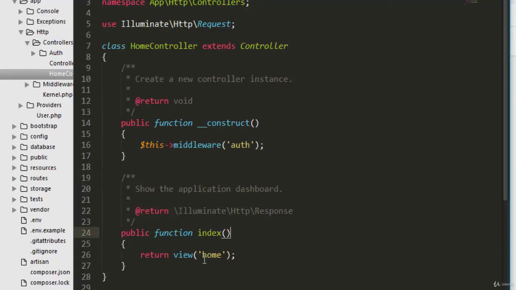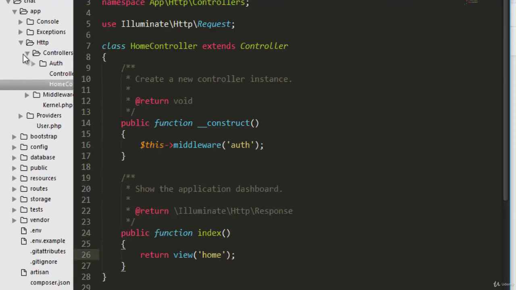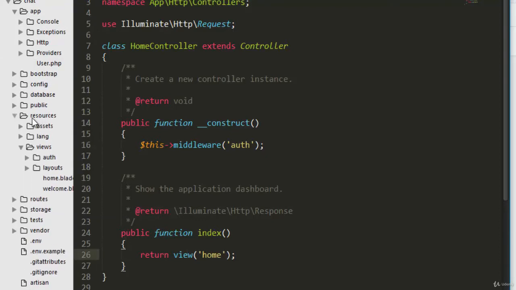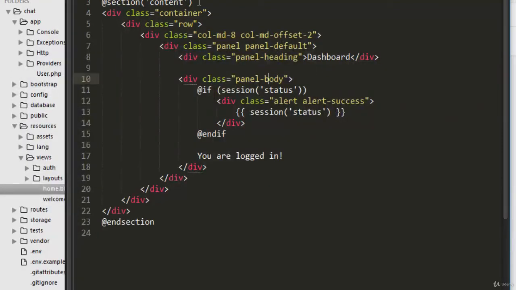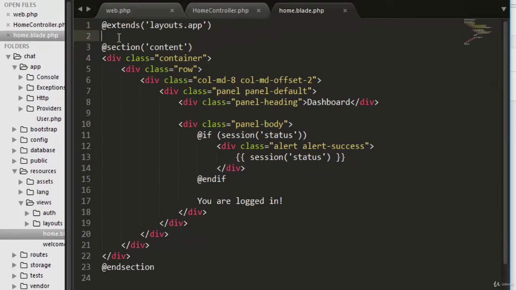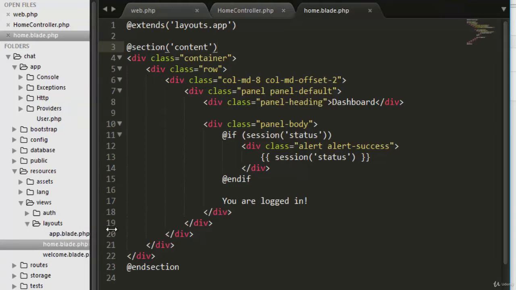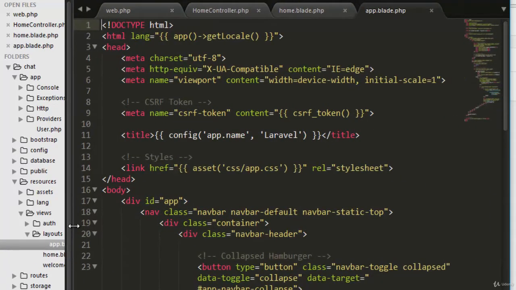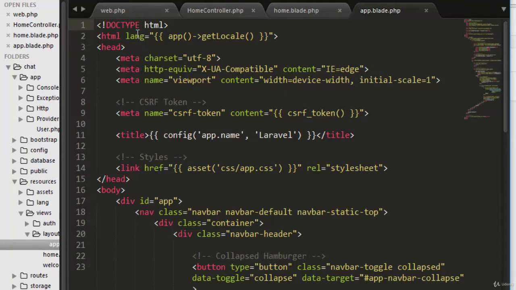So only the logged in user will be able to access. So back to the point, we have to go to the view file of home. So again, we have to jump to the resources, because all our views are in the resources view, and then we have home.blade. If you're already familiar with the Laravel, then you must know that it works with the Blade templating engine, which is a very handy tool as well. So you can see it's extending the layout.app, which means the layouts folder followed by apps. You can see now the proper HTML markup: head, body,